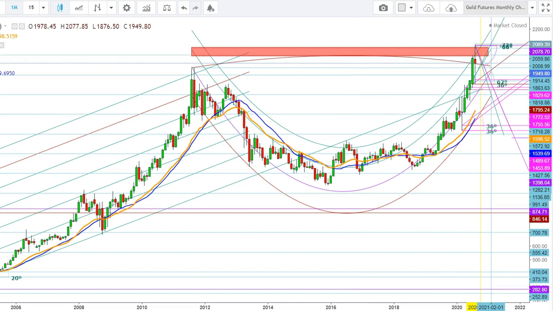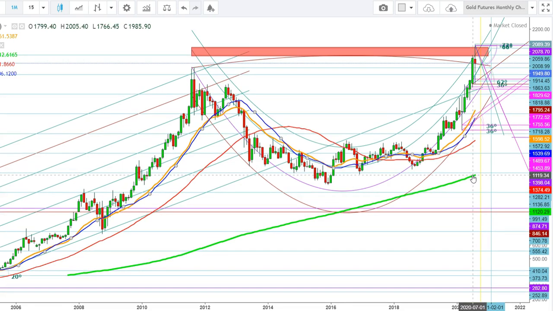Now let us check the current position of the 200 days moving average. The 200 days moving average is currently at the levels of $1120, where the gold futures may find a strong support in case of a steep fall. There is no doubt that the gold futures may see a sharp sell-off from the current levels, and